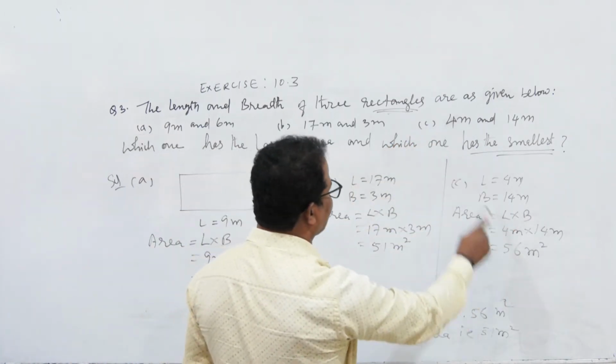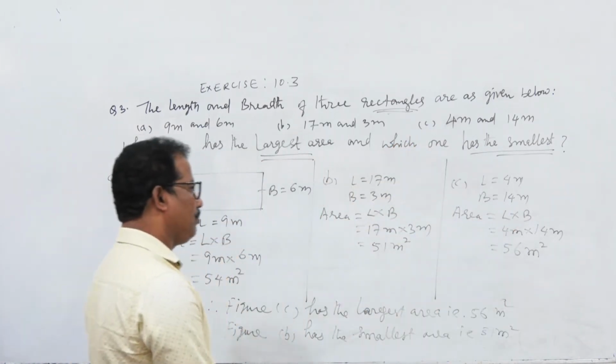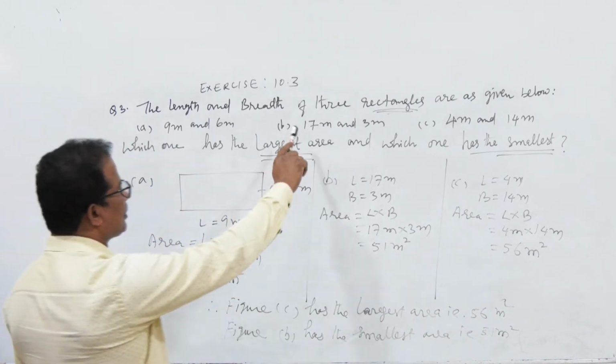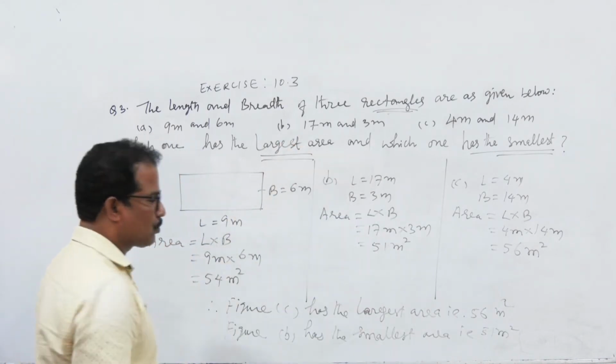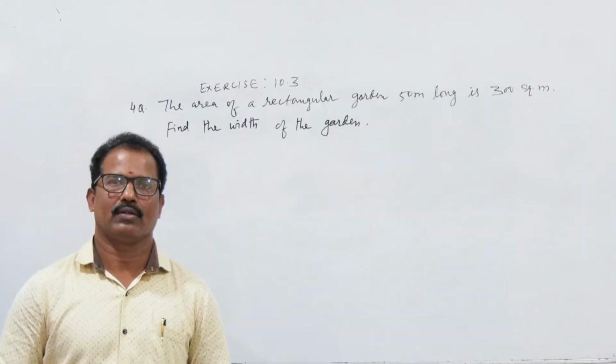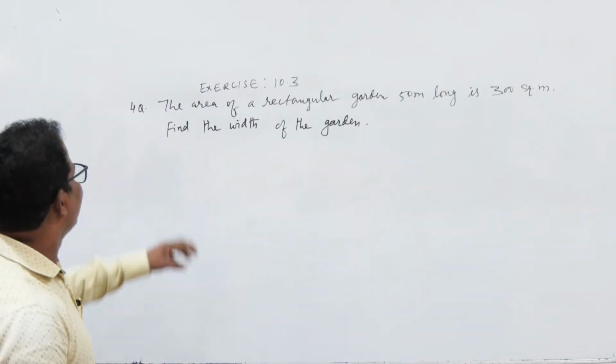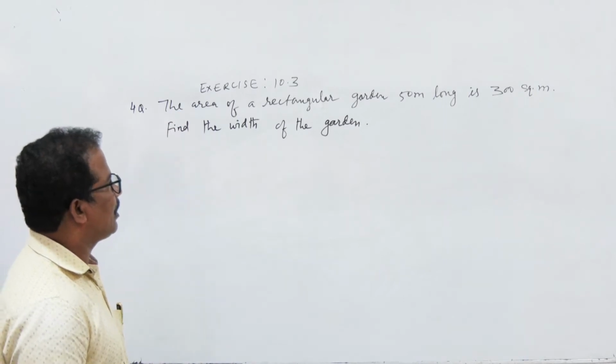C, figure C. That means question C, how much? 56 square meters. And which one has the smallest area? B, that is 51 square meters. Understand? Very good. Now in question number 4, that is the area of a rectangular garden